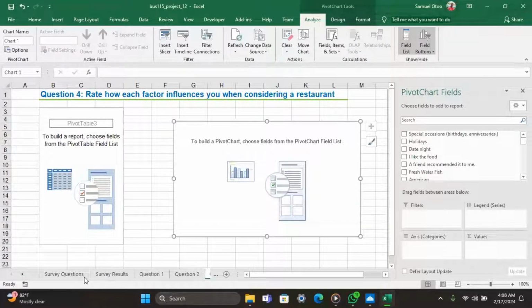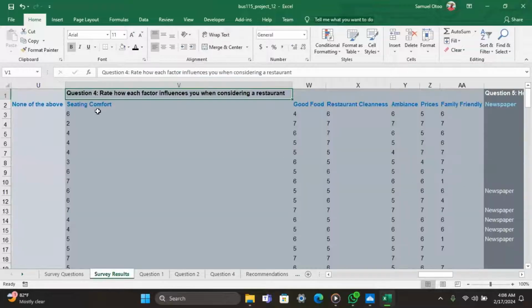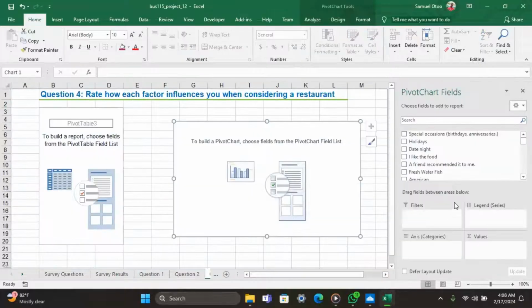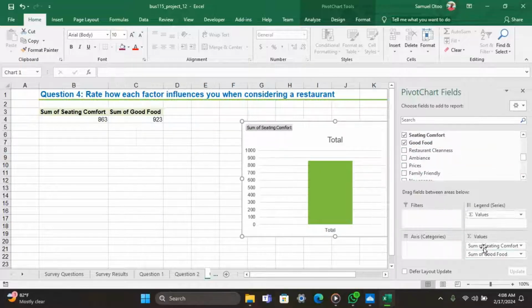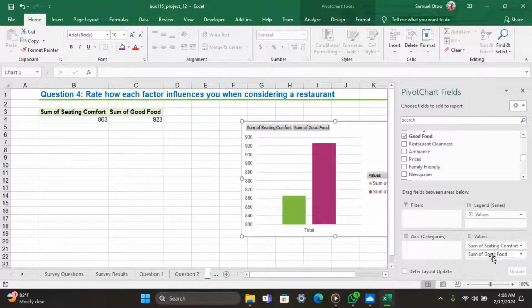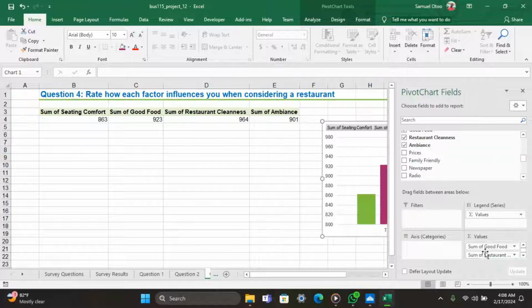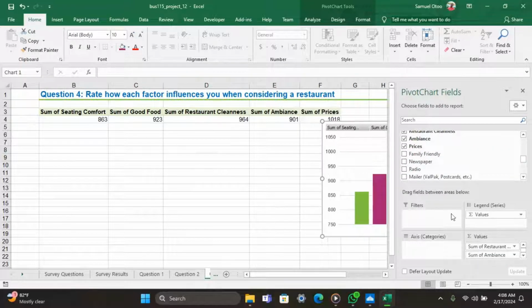And then for question 4, let me see where question 4 says. Start from seating comfort to family friendly. Okay, so come here. So this is sitting comfort, good food, restaurant cleanliness, ambience, prices, family friendly. Make sure you drag it to the bottom,